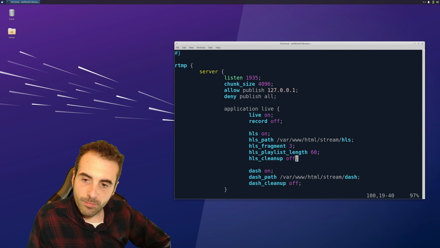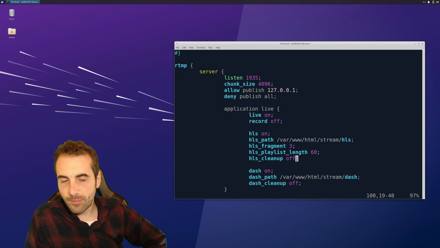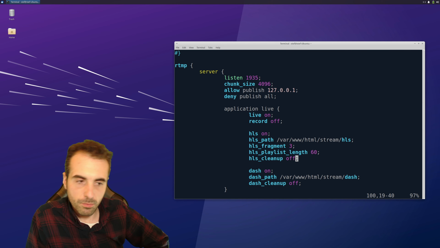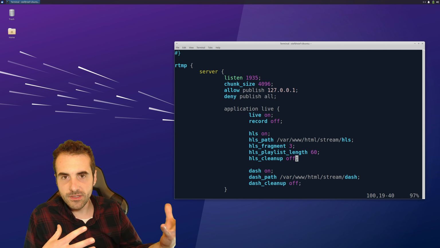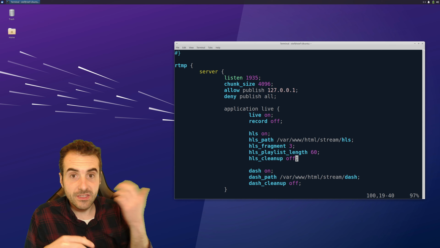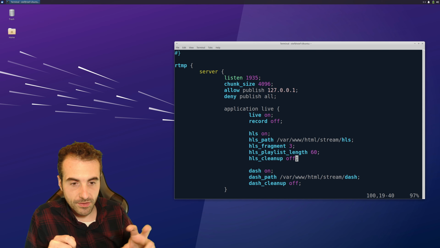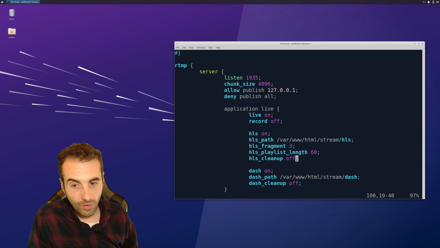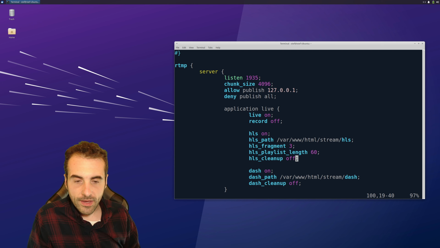The first, HLS, was developed by Apple. The other has been developed by the FFmpeg committee. So different authors, different ways of treating things, but the usage is more or less the same. Okay, so once we have finished,